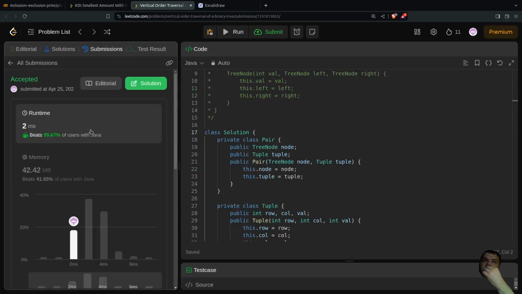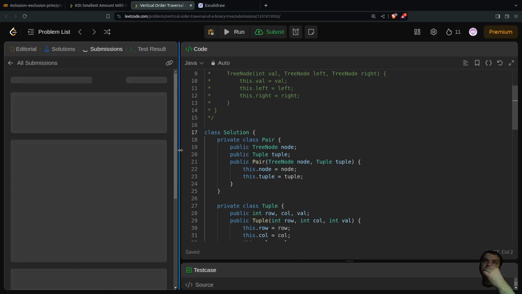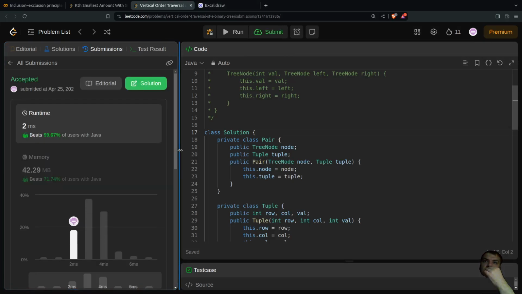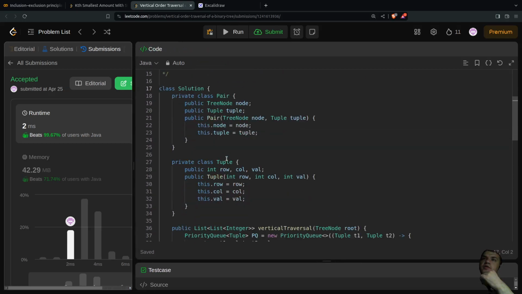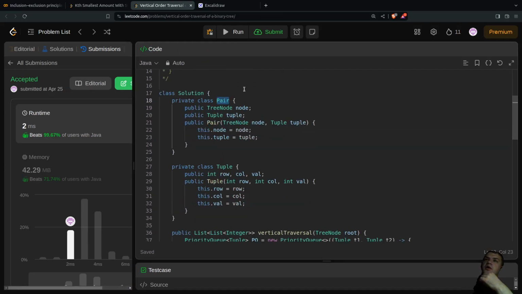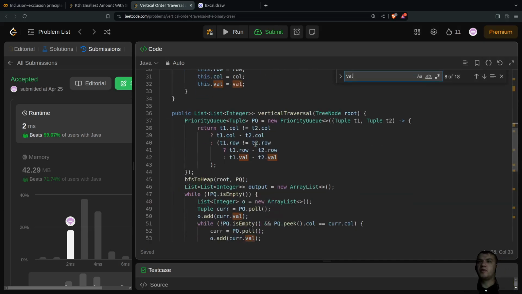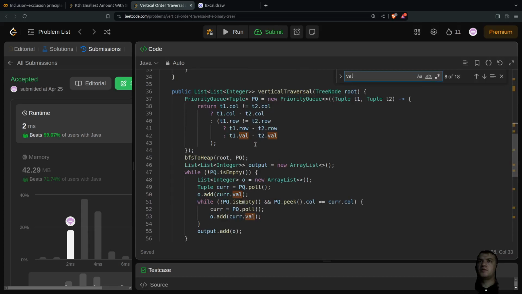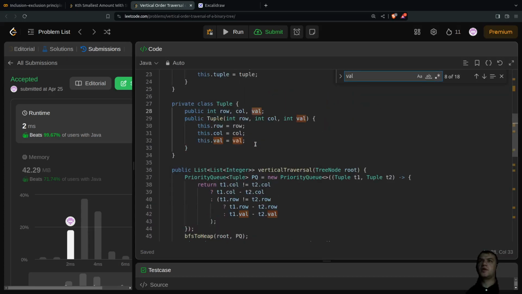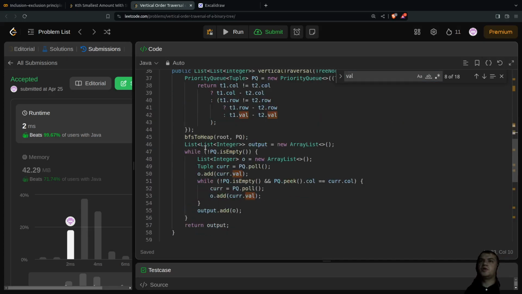Yeah, it's a little bit better for the runtime. And we have here a pair class that has a tree node and a tuple. Tuple is basically row, colon, value. I guess value I can skip as a value. Can I skip the value? No, I cannot because I do. So initially what I do,